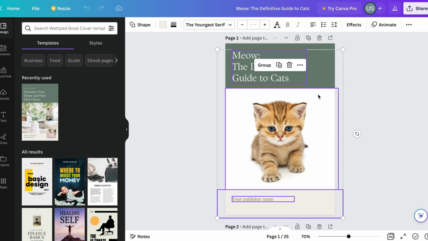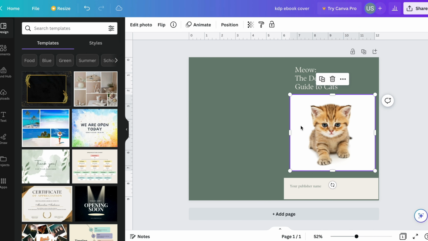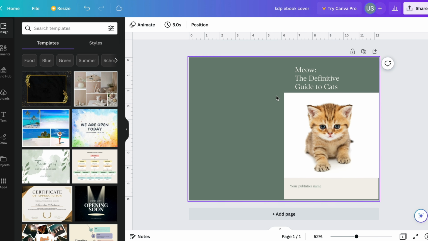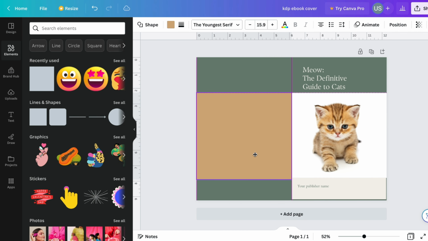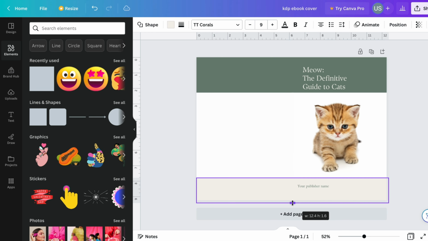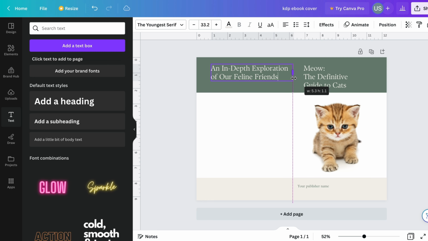Then let's make some adjustments to the page. Then let's add a subtitle and an image on the left side.